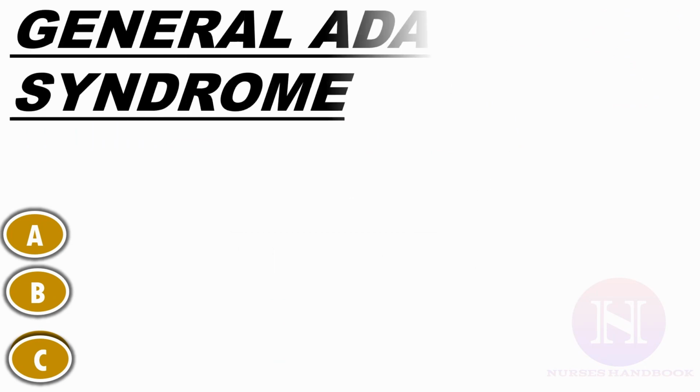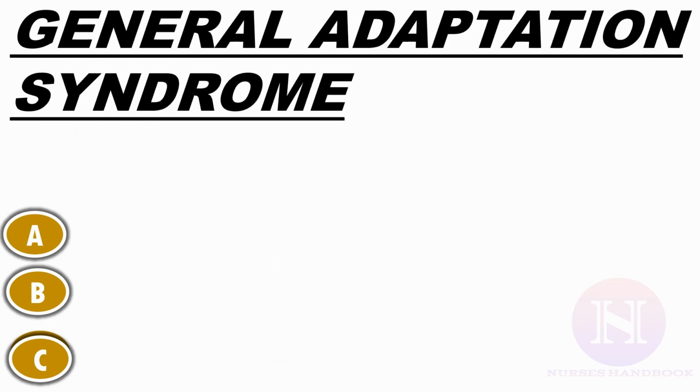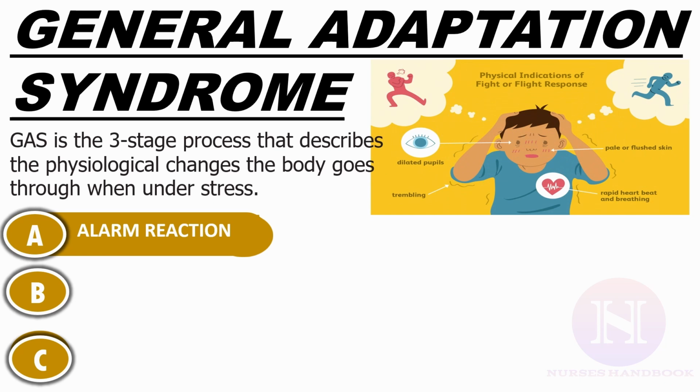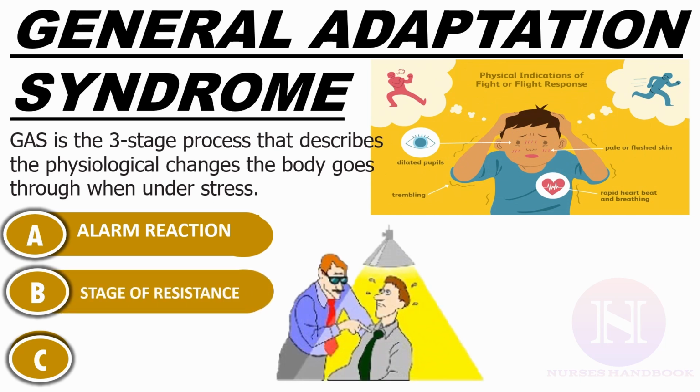Third point is General Adaptation Syndrome, that is GAS. It is a 3-stage process which describes the physiological changes the body automatically goes through when it responds to stress. It was first developed by Hans Selye in 1963. It has got 3 stages, and they are: first, alarm reaction, second is the stage of resistance, and third the